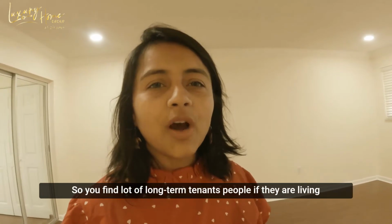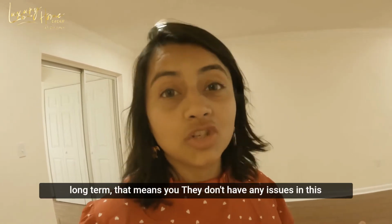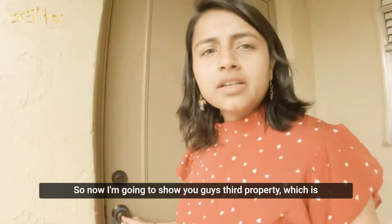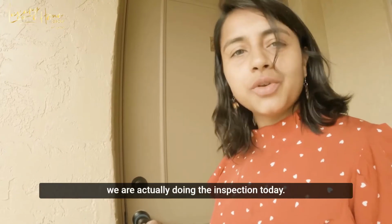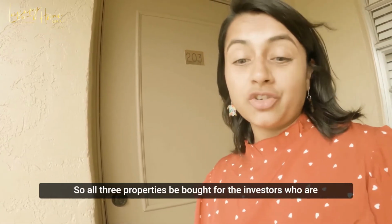So you find a lot of long-term tenants. If people are living long-term, that means they don't have any issues in this neighborhood. So that's a good sign to observe. Now I'm going to show you guys the third property, which we are actually doing the inspection on today. All three properties we bought for the investors